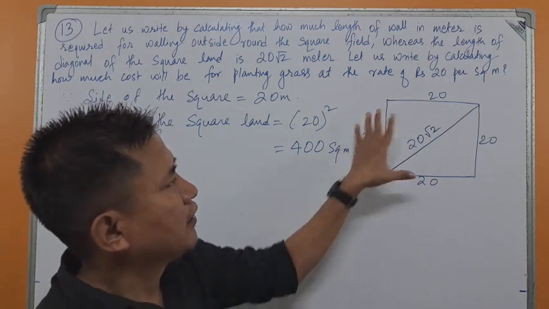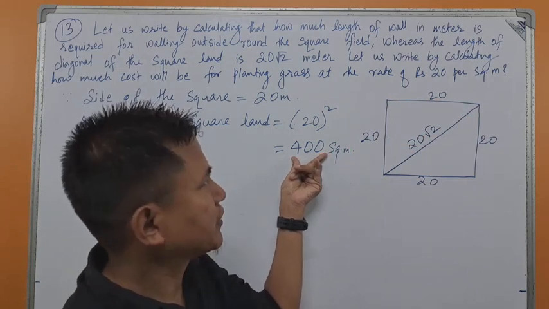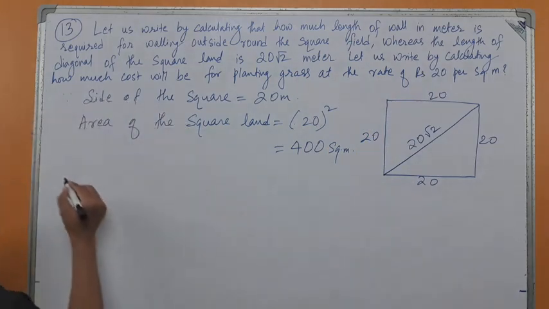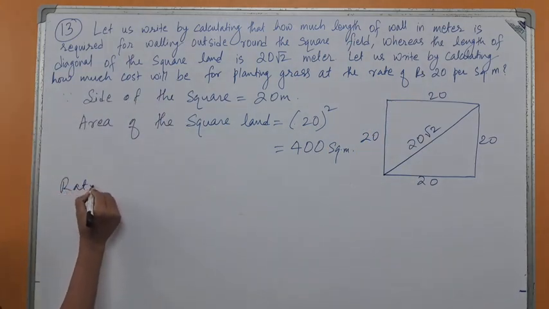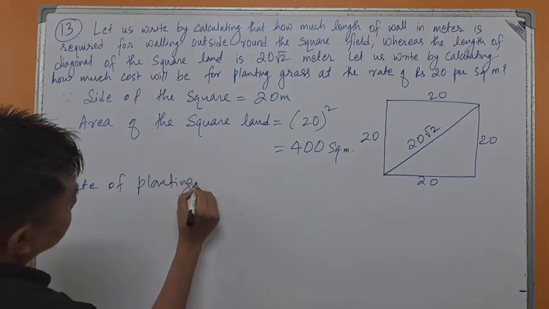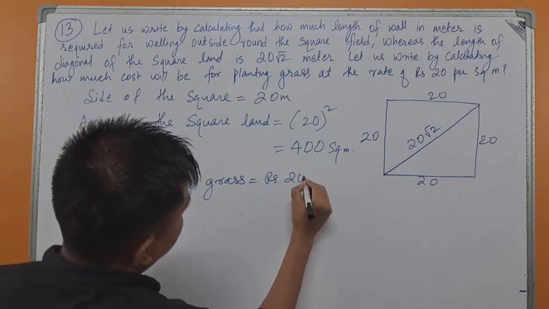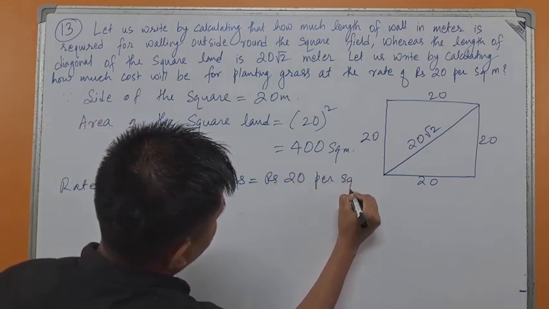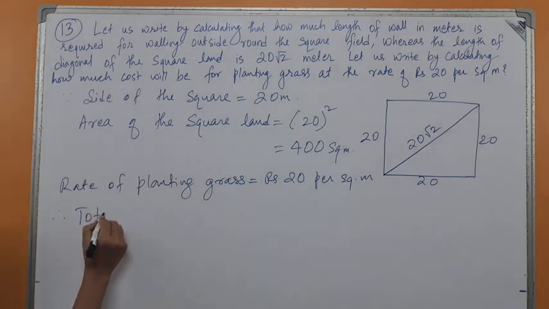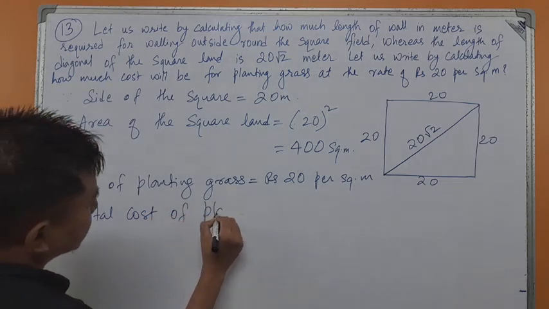Now we are asked to plant grass in this area, 400 square meters, isn't it? And the rate of planting grass is rupees 20 per square meter. So rate of planting grass equal to rupees 20 per square meter, isn't it? Therefore, total cost of planting